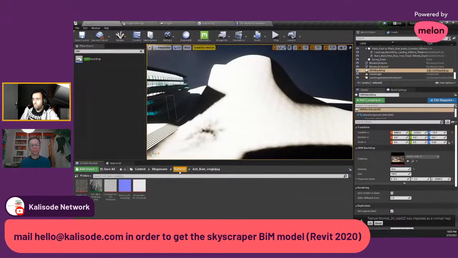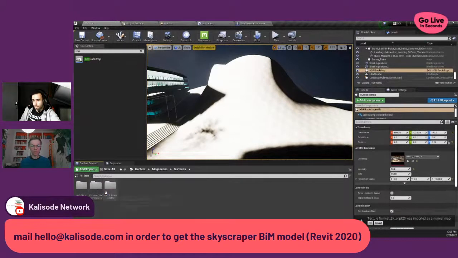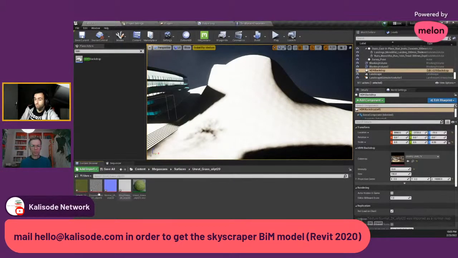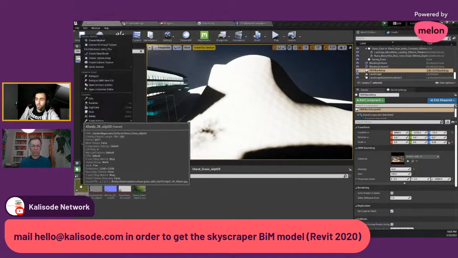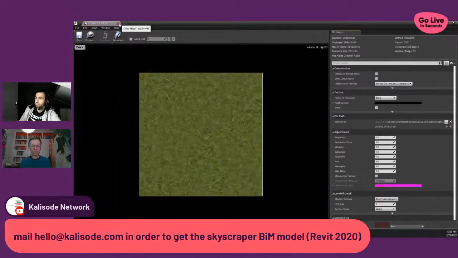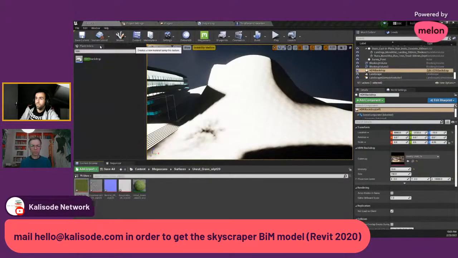So to do so, cut grass. I don't want to use this one. I just want to use the texture. I want to show you from scratch. Right click on the texture. This is the texture that we're going to use. Right click on the texture, create material,